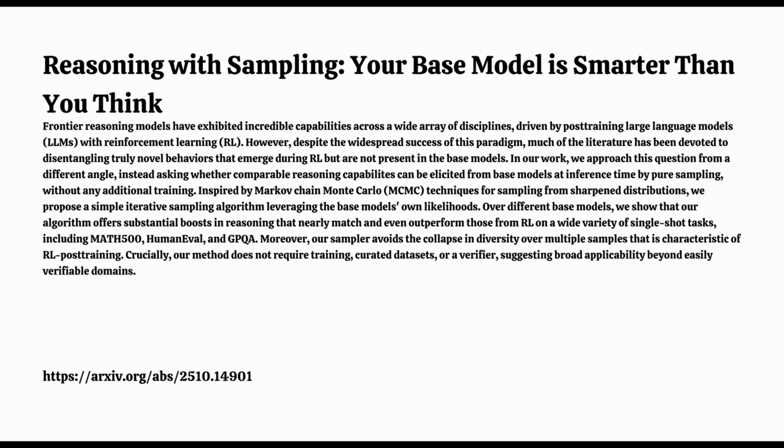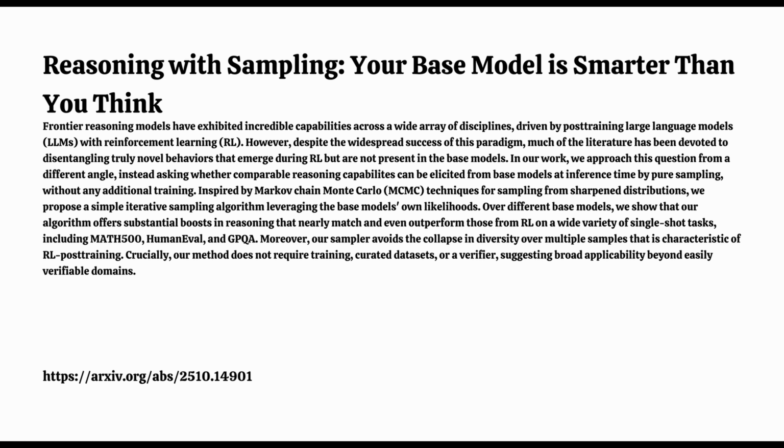And that leads us to our mission for this deep dive, looking at research proposing something called power sampling. It sounds surprisingly simple. A training-free sampling method. It just uses the base model's own likelihoods, apparently, to get similar or sometimes even better reasoning performance than RL. And that's the key takeaway for you listening. Understanding this could mean getting really strong reasoning performance without needing complex training setups, special data sets, or reward systems. It's all done at inference time.